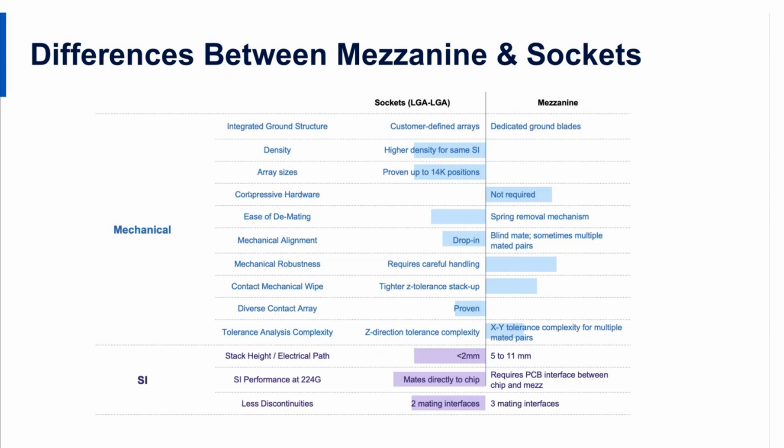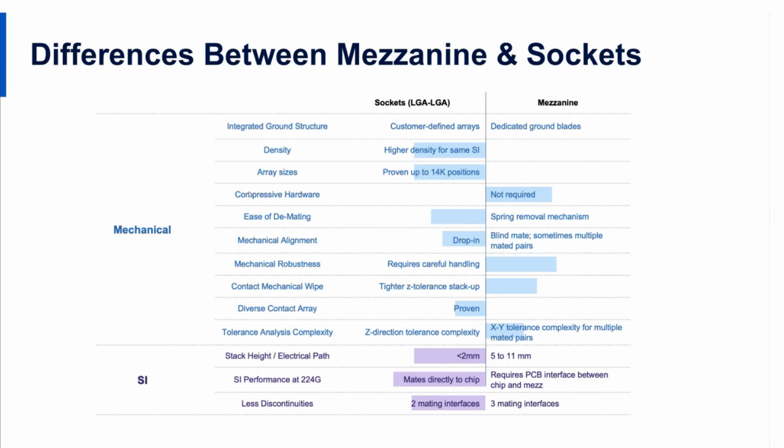Again, the contact compression height between the PCB and the package, or two PCBs, can be less than 2 millimeters. The mezzanines, because of their construction, typically require anywhere from 5 to 11 millimeters. So that also sometimes becomes a constraint and concern for customers when they want to have a lot of these thinner blade systems, right? Space is always a concern when you want to have more systems in a smaller footprint within a rack. SI performance, we make directly to a chip.